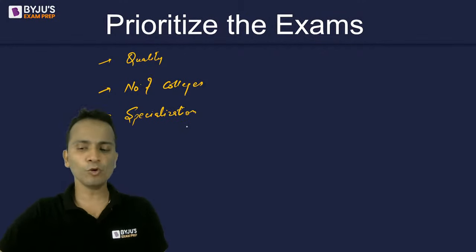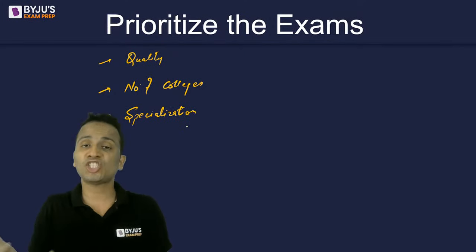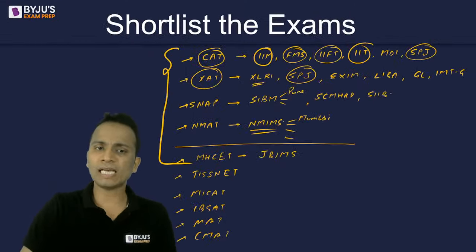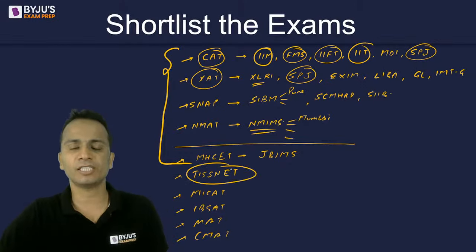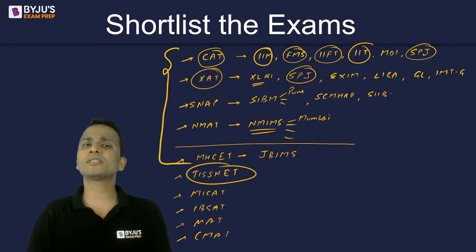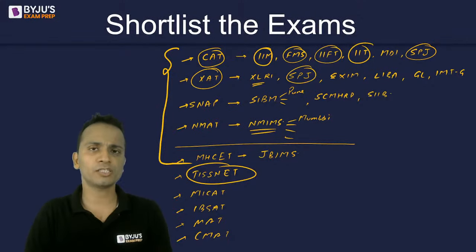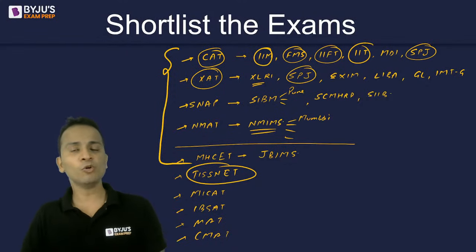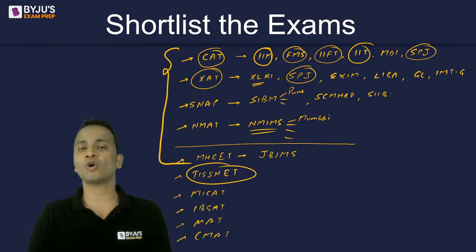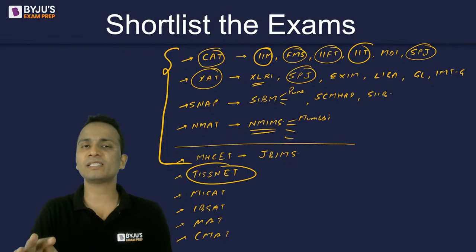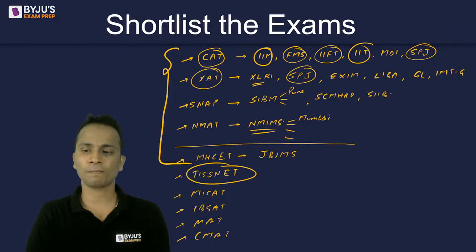Now, if you want to get into HR, let's say you want to do MA in HR or MBA in HR, then one of the examinations that I have written is TISSNET. TISSNET is for the Tata Institute of Social Sciences, which is situated in Mumbai. This college is one of the best colleges for HR programs in the country. So anybody who is focusing on MA in HR or MBA in HR, which is equivalent, must consider this college in their list.